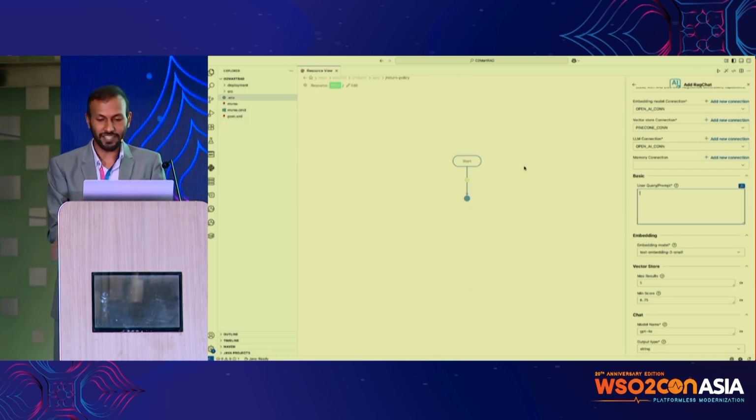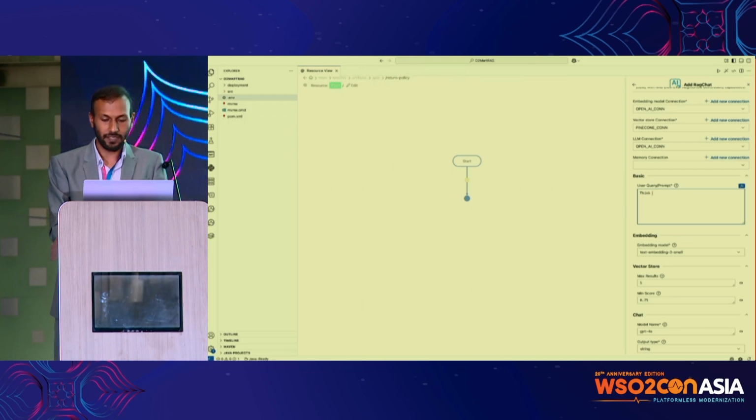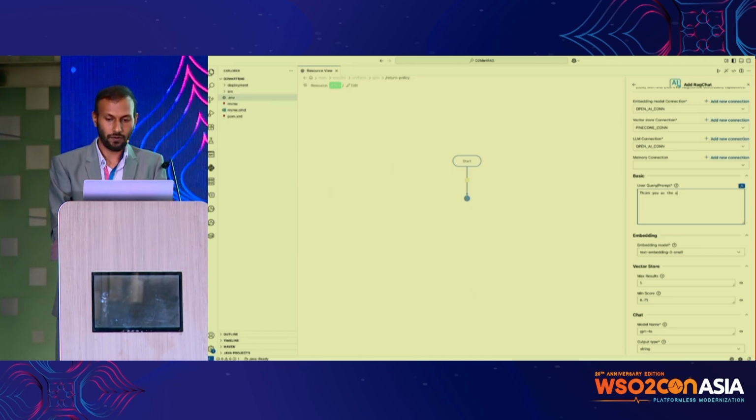So I need to instruct our AI assistant: think of yourself as the return agent, think of yourself as the O2 Mart sales agent, and answer the user